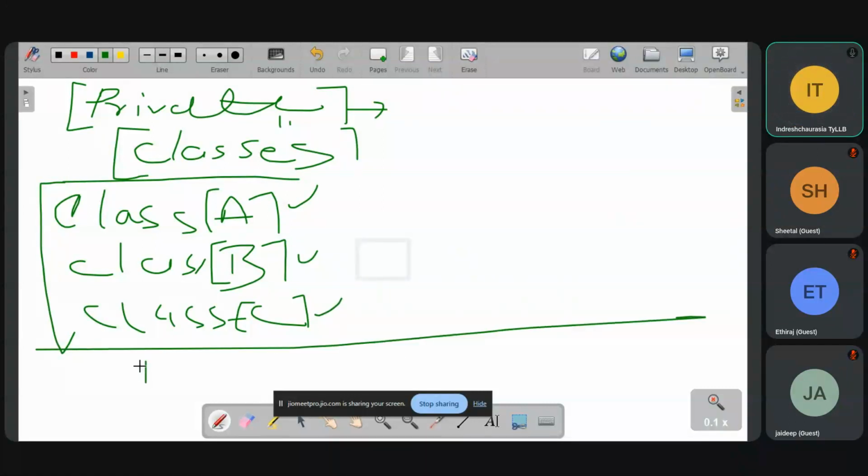There is a class D and class E also, which exist for R&D purposes. But for us, it is class A, class B, and class C.